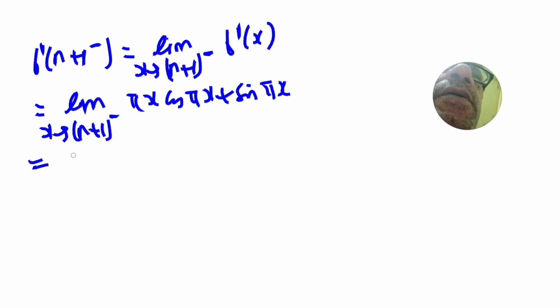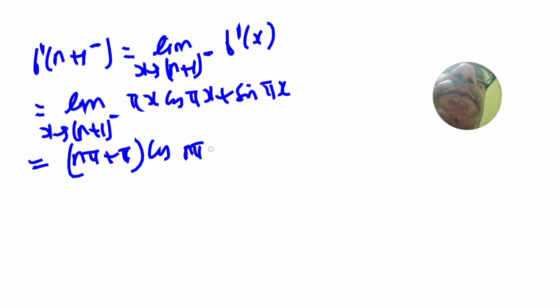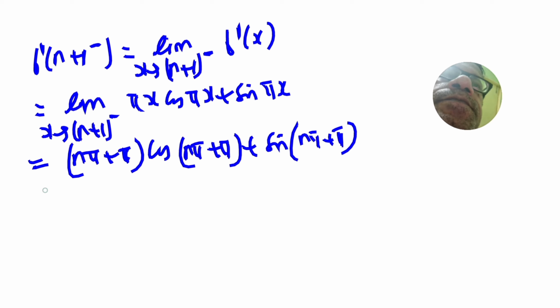So this will be n pi plus pi cos n pi plus pi plus sin n pi plus pi. Since n is even,